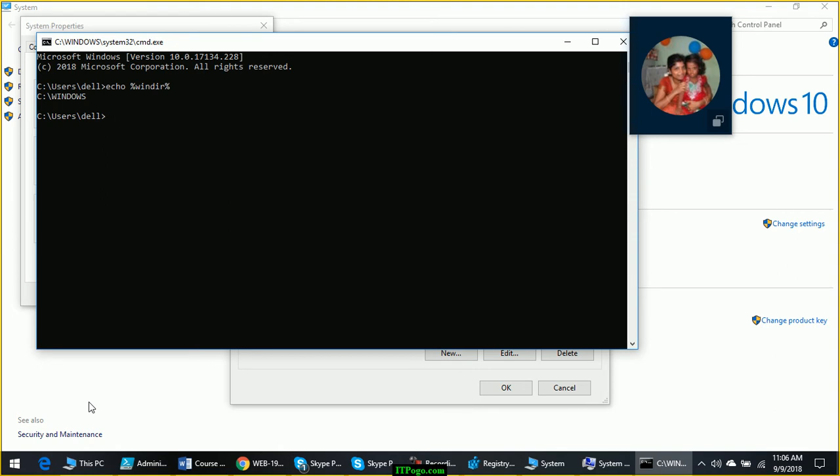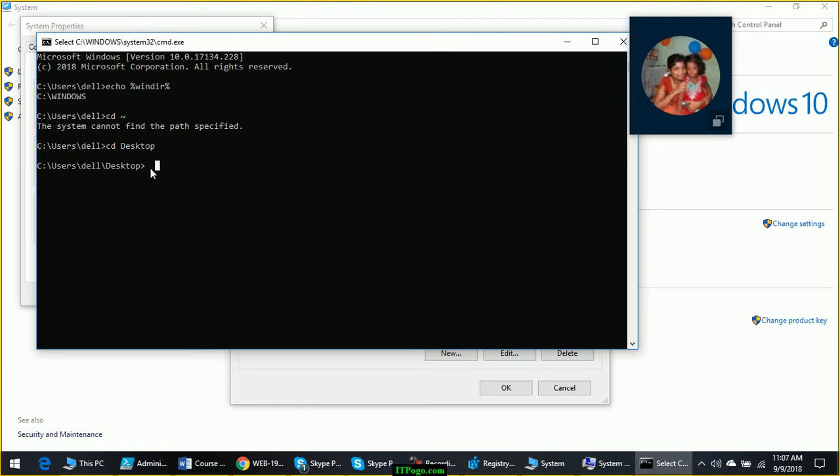For me, in Windows you can use cd tilde. Okay, here it does not work. So this is my username and this is my desktop folder path.